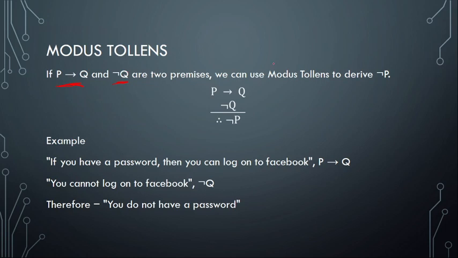Then you can use the modus tollens rule of inference to derive not P. Ang negate lang ang mga proposition. Again, two premises, P then Q, and not Q. Therefore, or then the conclusion,